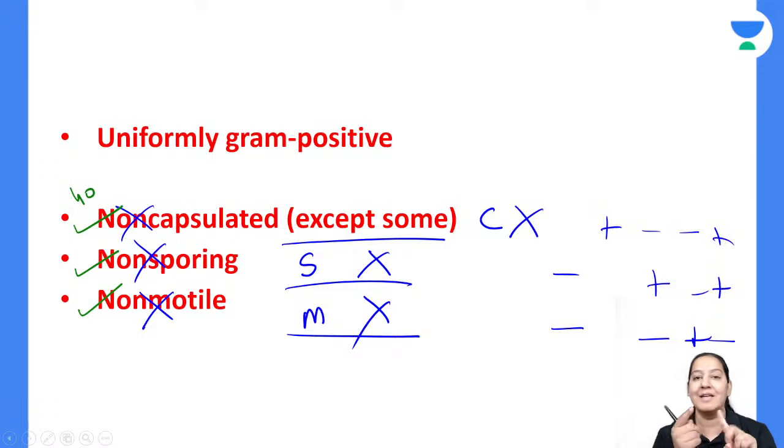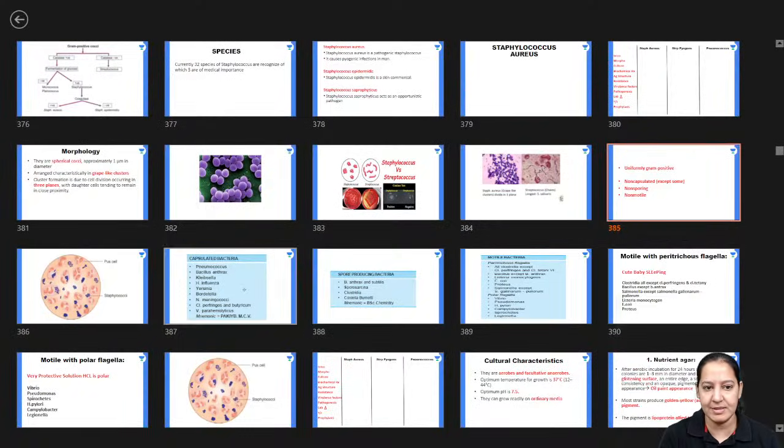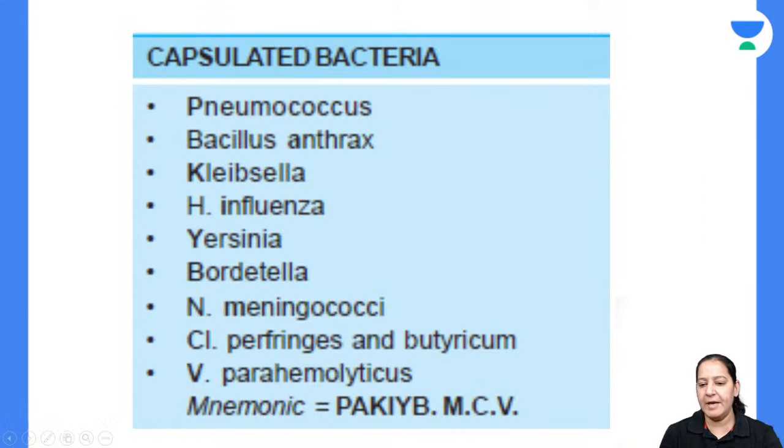Apply the mnemonic and see. Decide yourself whether all the bacteria, one by one, are spore forming, yes or no, and which bacteria are motile and which are non-motile. So let me give you 3 mnemonics now, once for all. Learn the 3 mnemonics. This is the first mnemonic in front of you. Can you see?